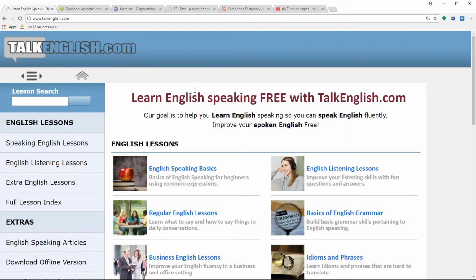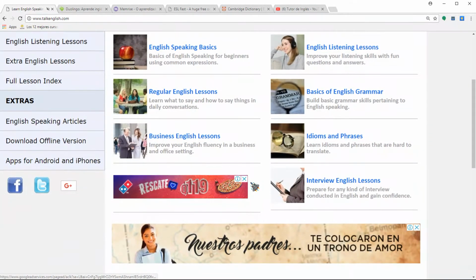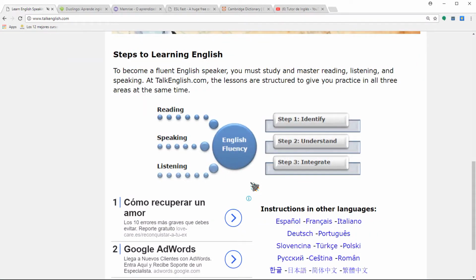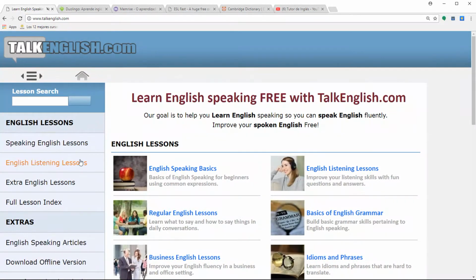The first one had to be a website that was a tremendous help for me when I was beginning to learn English. It is TalkEnglish.com, which I use mostly to practice listening and speaking. Everything you will find in this site is free, but of course you will need to be connected to the internet. It works perfectly in the browser of a computer or a smartphone. All the exercises can be found in the options of this bar in the left of the site.